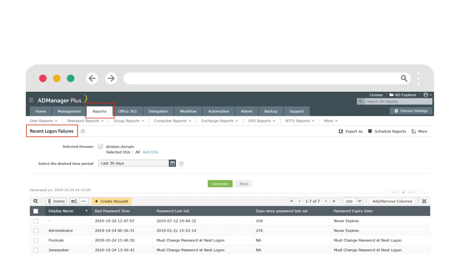So, when Windows administrators are confronted with problems about users trying to log on with wrong or invalid passwords, this recent logon failures report will help these administrators to view all the Active Directory users whose logon failed because of a bad password. And if you analyze this data very carefully, multiple logon failures during a specified period of time from a specified account, probably an attacker is behind that account. This way, you can also prevent such malicious activities from happening and secure your organization's infrastructure.